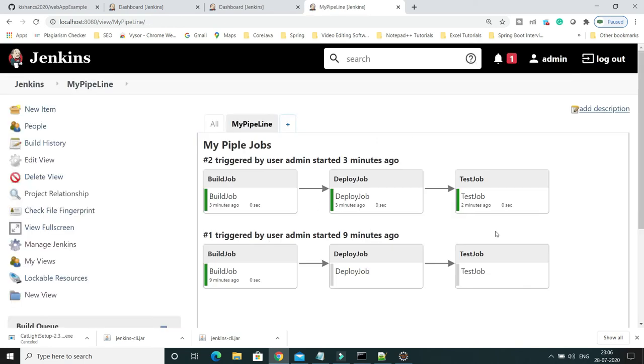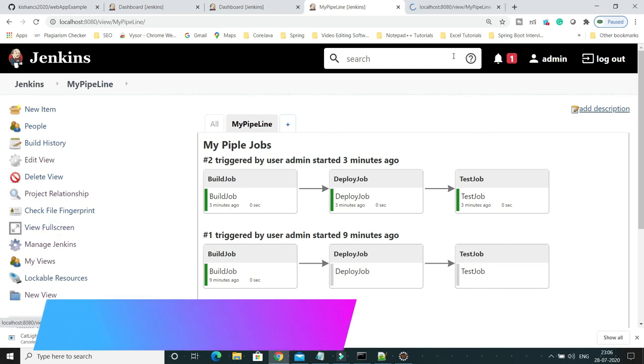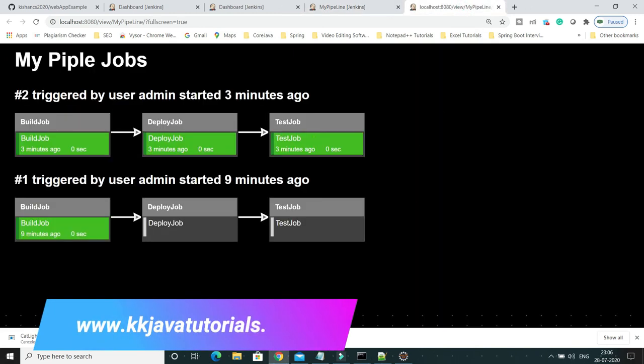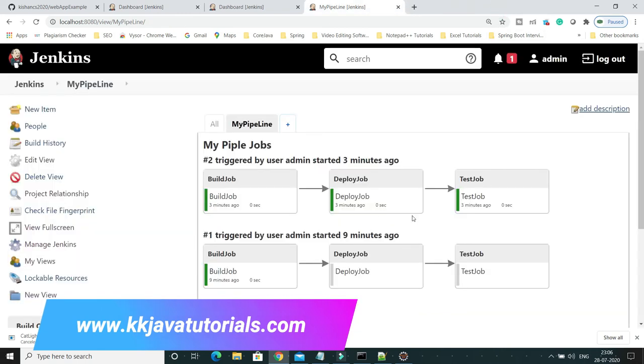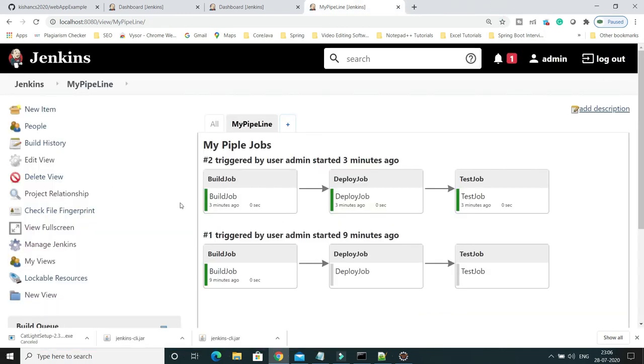Okay, right? And here you can see the pictorial representation of our continuous delivery pipeline within Jenkins. So we have two runs, right? The all runs view you can see as a pictorial representation. Here you can have a full screen view. If you click over here, then you can see how the view looks in full screen, right? Now if I come here, I can show you a few very interesting features regarding this.